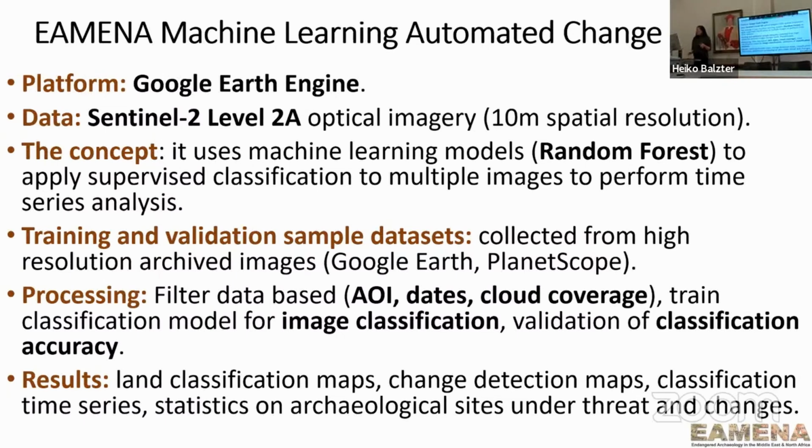If you're not aware, the resolution of Sentinel-2 imagery is 10 meters per pixel. So this does mean that there are limitations on the detail that these scripts can identify. For example, small disturbances like a single small looting pit will likely not be picked up. However, the frequency of the images captured, 2 to 3